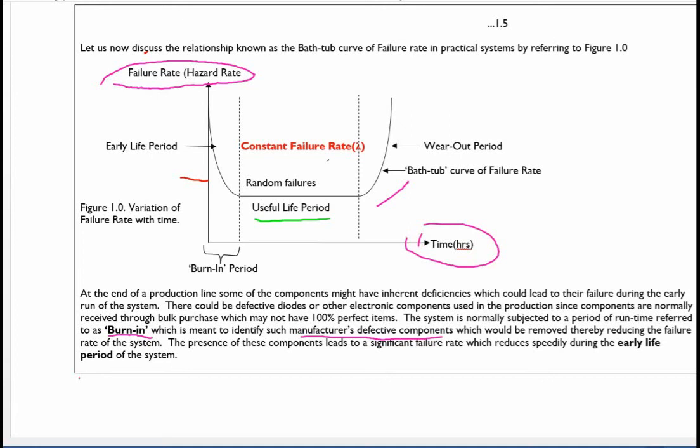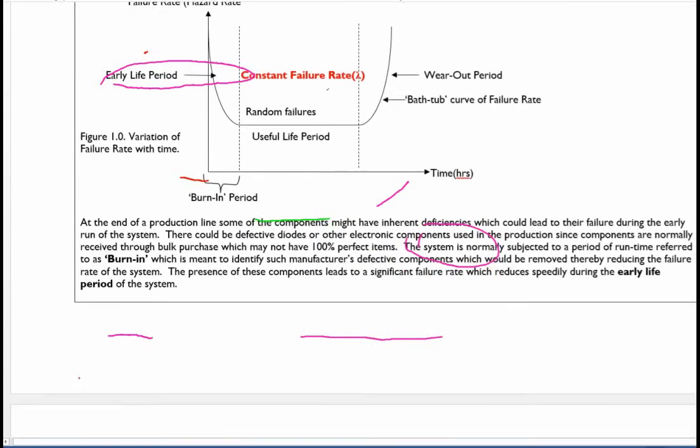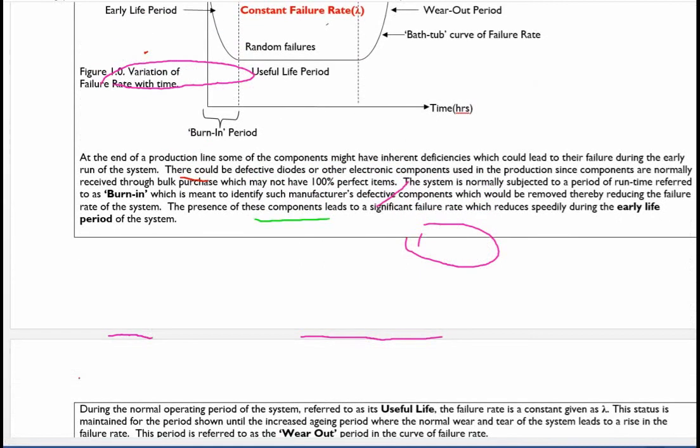And so now, after the early life period, after subjecting it, we now come to the useful life period. The useful life period is the middle or the center part of the bathtub curve. That is from this point to this point. During that time,